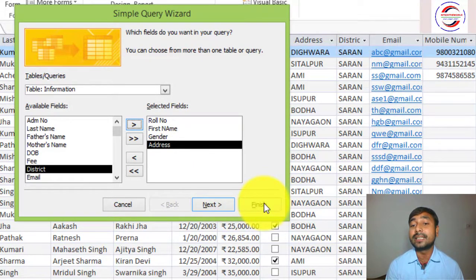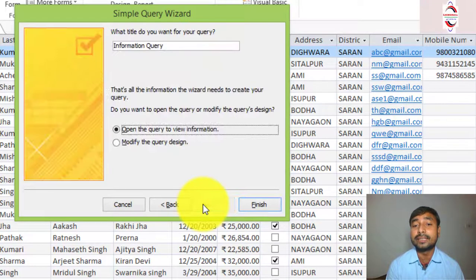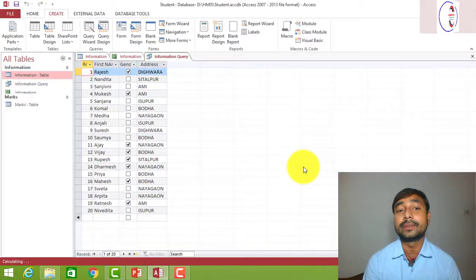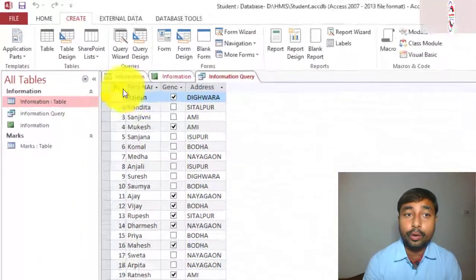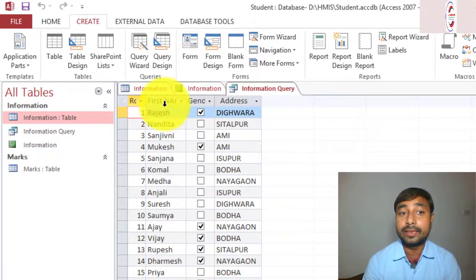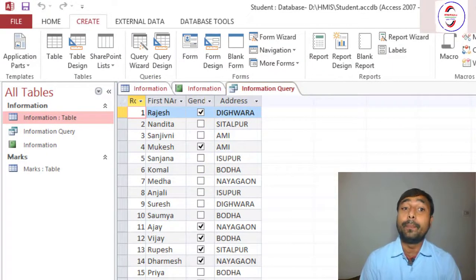After that I just have to click on next, and then click next again and after that click on finish. Now see, all those four fields are coming: roll number, first name, gender and address. So this is the basic simple query that is called query wizard.